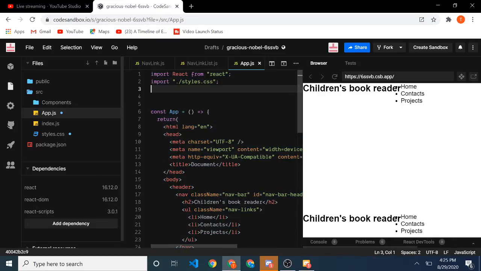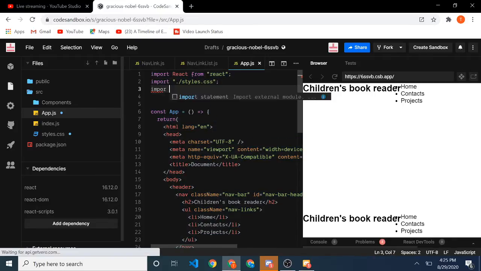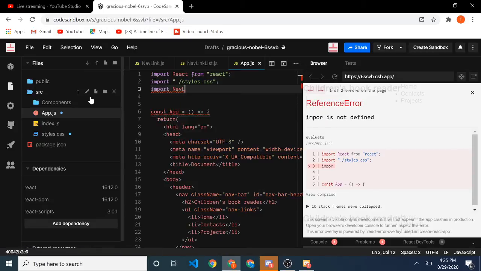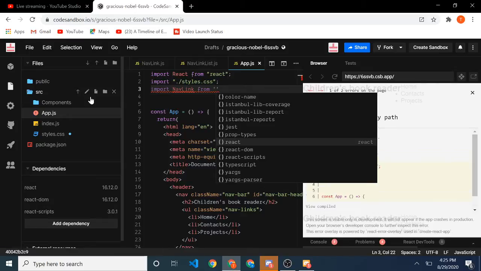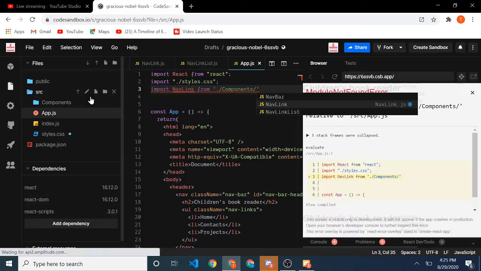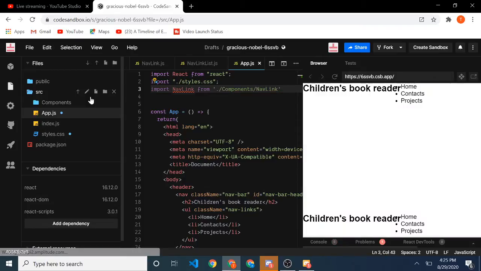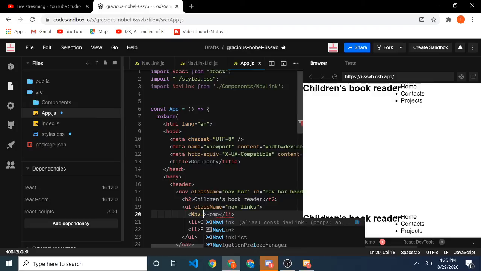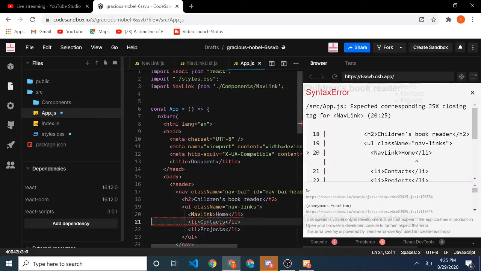You can import all of these and replace this hard-coded stuff. So import NavLink from ./components/NavLink, and instead of these a's, we're going to replace them with the NavLink. So NavLink slash,